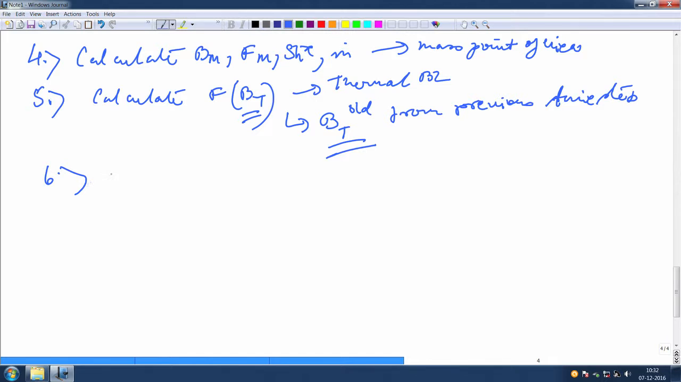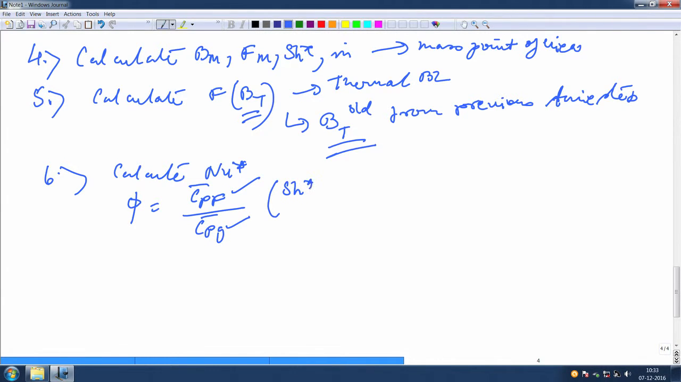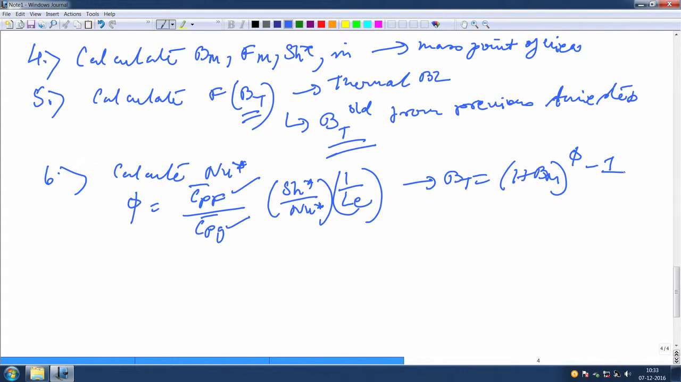Sixth step, calculate Nu star. Nu star is the modified Nusselt number, we covered it in the last class. You also calculate this factor, which is the film gas, S star over Nu star times 1 by the Lewis number, and use this to calculate B_T. B_T is 1 plus B_M to the power phi minus 1, that we already established in the last class. Now,